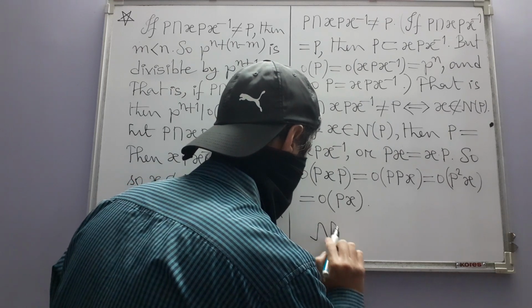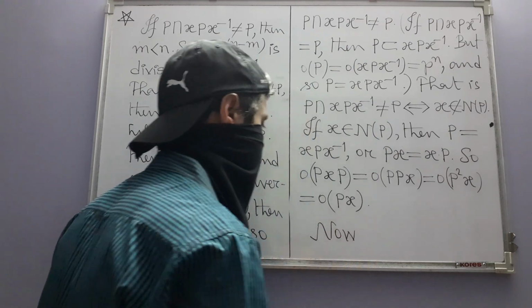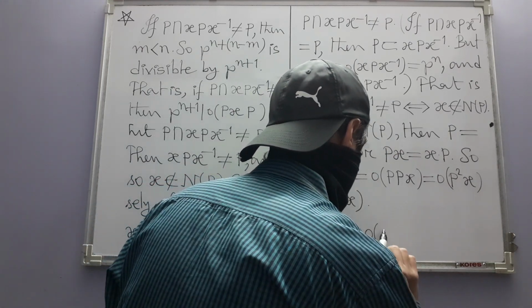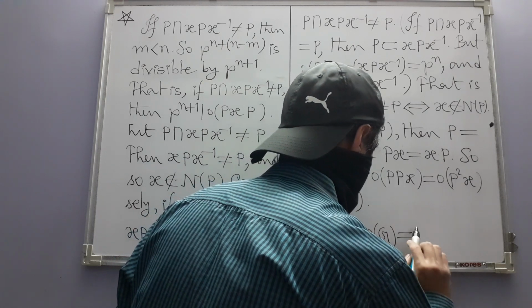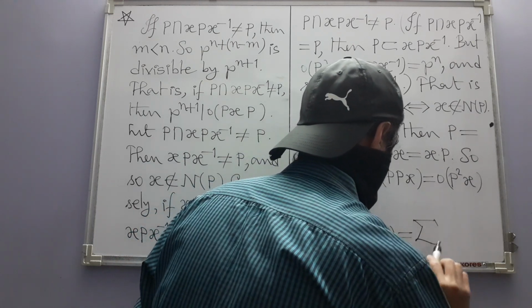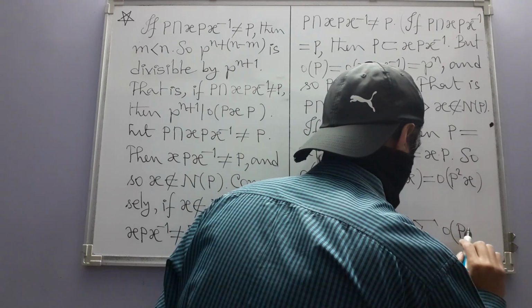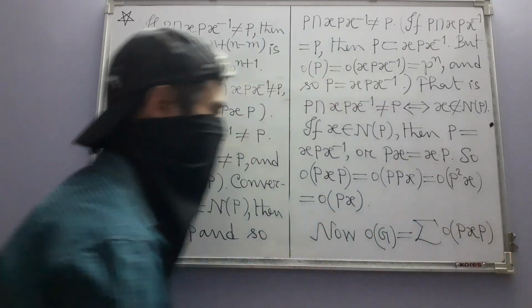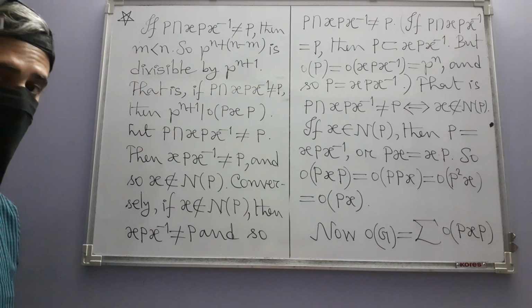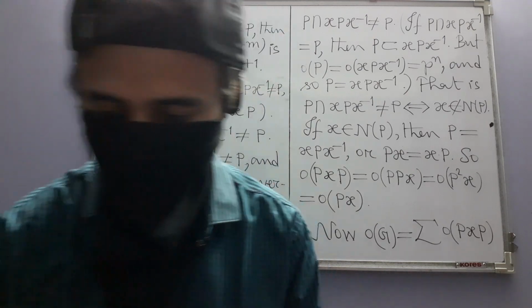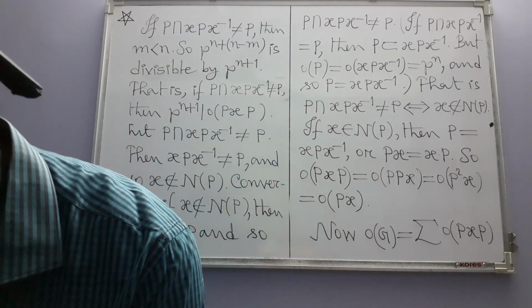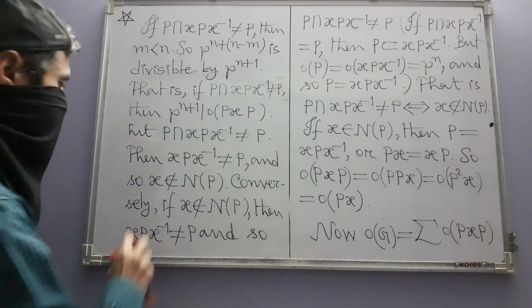Now, the order of G is equal to the sum of the orders of these double cosets, where you can see in the text that something additional is written about this sum,